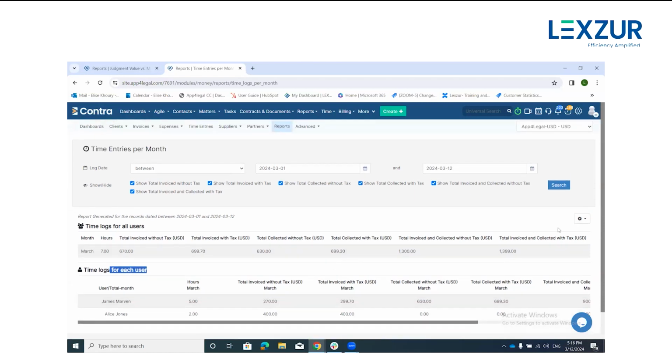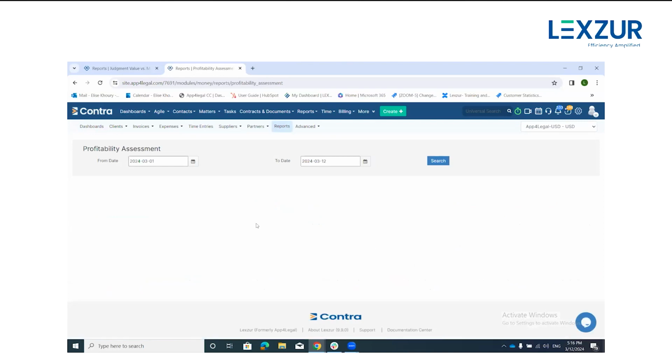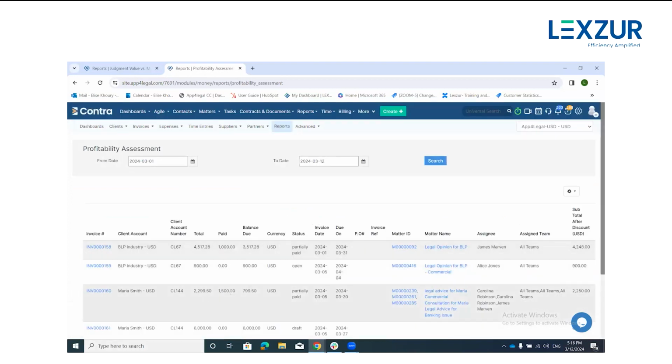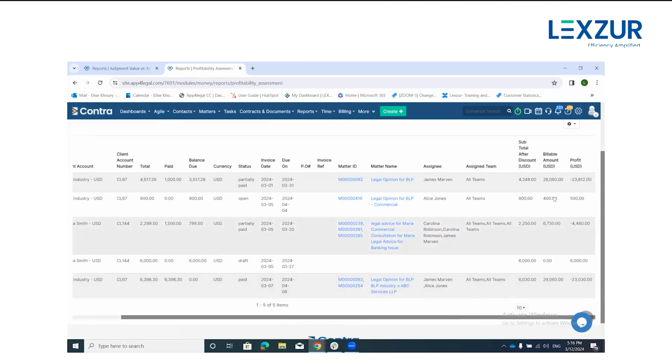Also, this report can be exported to Excel if needed. If I go back to the reports, I have the profitability assessment where I can, from the specific report, filter, as you can see here, by specific dates. And as you can see here, I can access all the invoices with the profit at the level of each